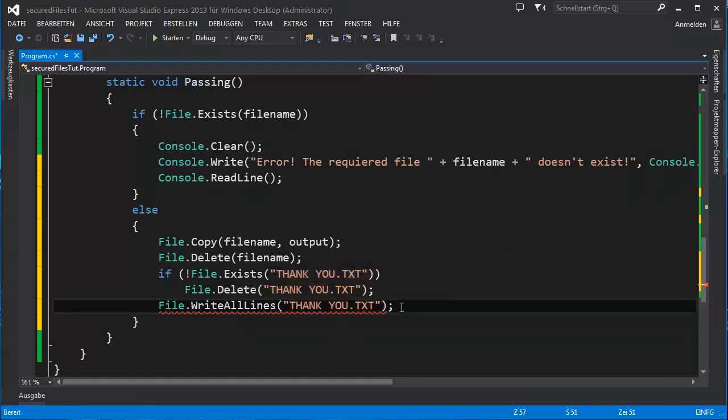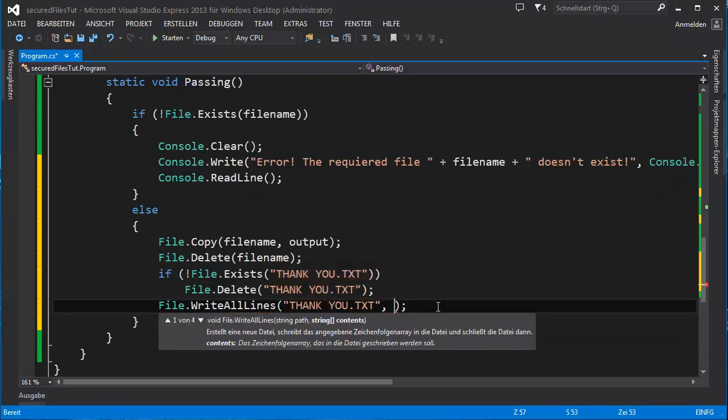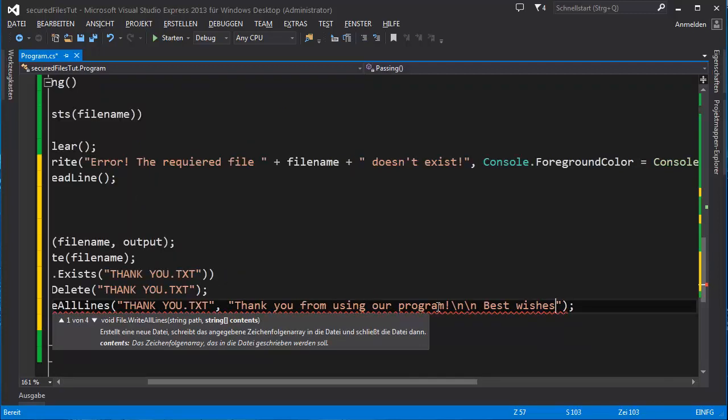Go away. And what we write inside will be something like thank you for using program, new line. Actually it won't work with new line. It will be still in the same line, but best wishes